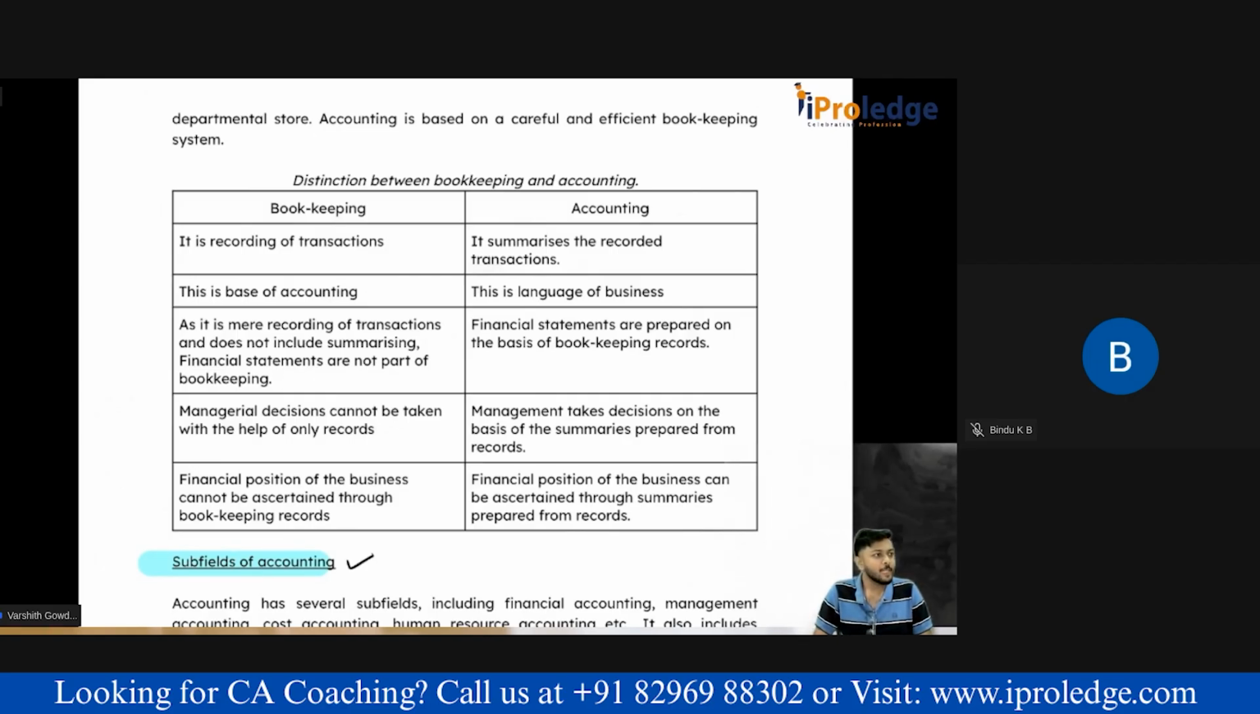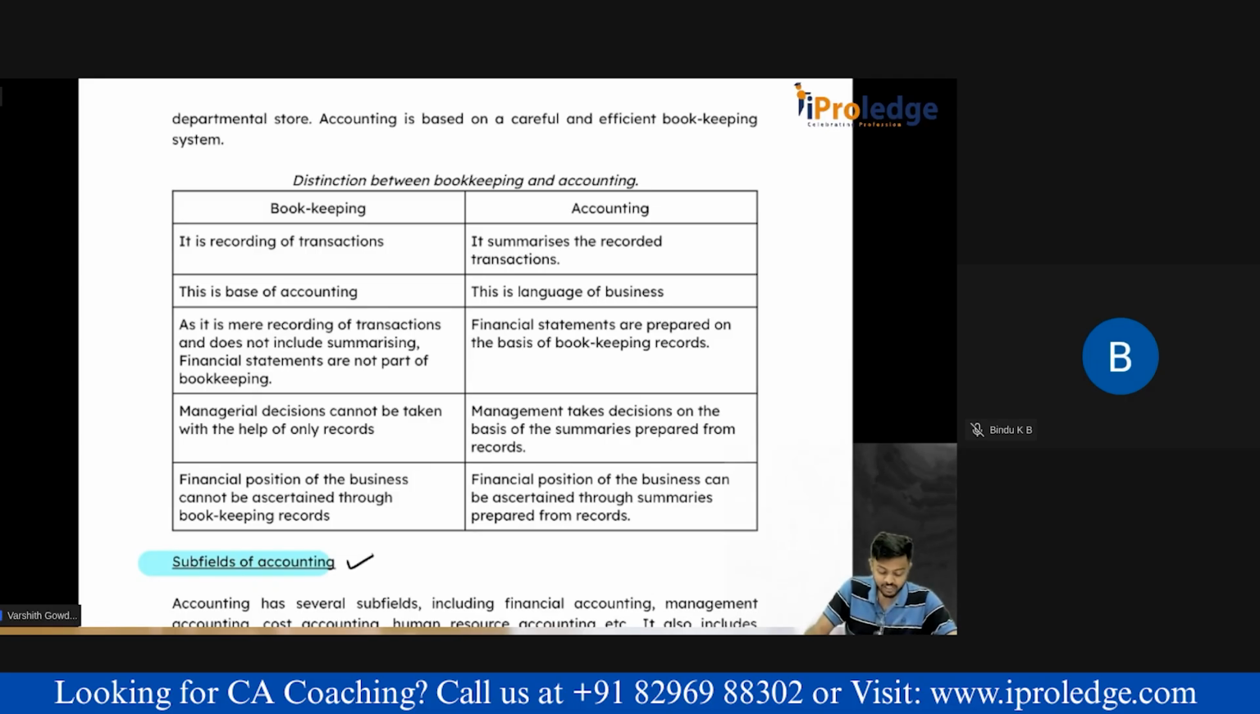Not possible. Only when information is properly summarized and communicated can meaningful decisions be taken. So if bookkeeping is not summarized, that means we cannot take managerial decisions. It is just recording. But in accounting, can we take them? In accounting, we have properly given all the assets, liabilities, rent, expenses, everything. Now, from this, they can take correct decisions. Correct? Next,